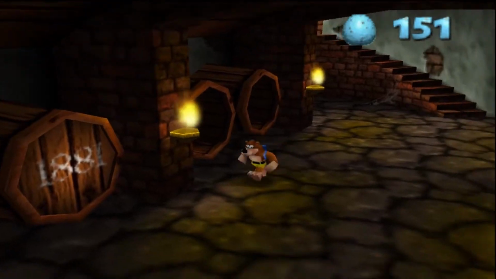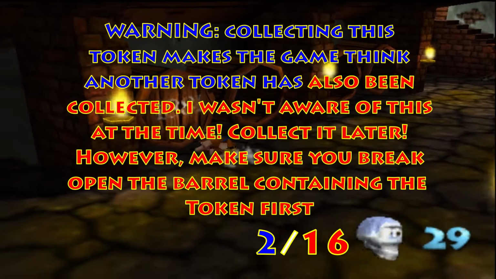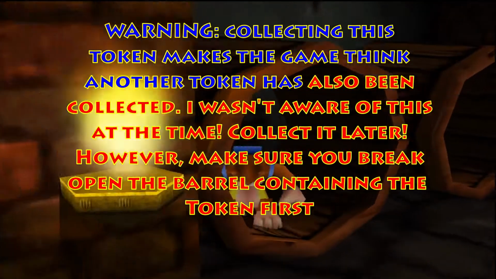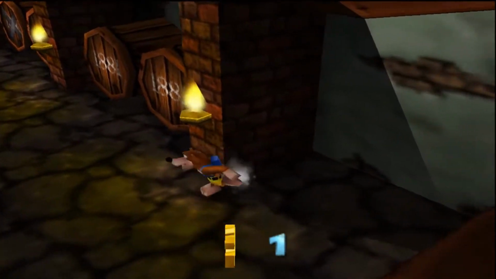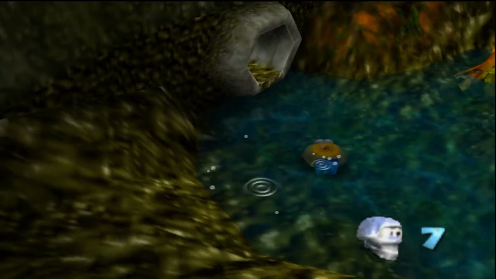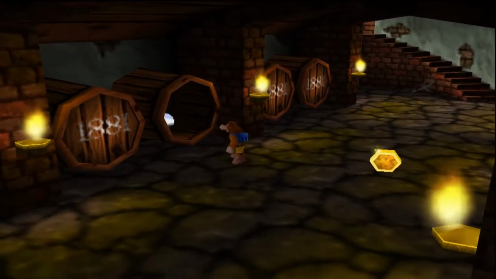Before we leave Lago's septic tank, do you remember back when we first came in Mad Monster Mansion, I specifically said to not take the Mumbo token that was found in the cellar, but at least break open the barrel that's containing the Mumbo token? Well, this is because of an oversight in the game. You see, in Lago's septic tank, there is a Mumbo token there, but it has the same collection flag as the one found in the cellar. Thankfully, there's a way to get both Mumbo tokens in one file of the game. In order to do so, you must go down the cellar and break open the barrel containing the Mumbo token,